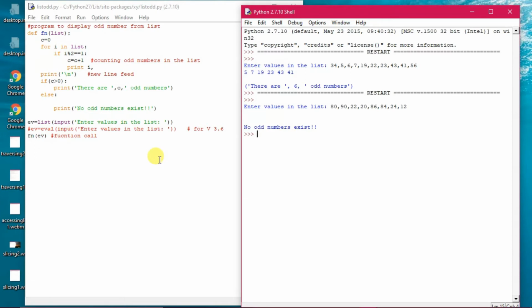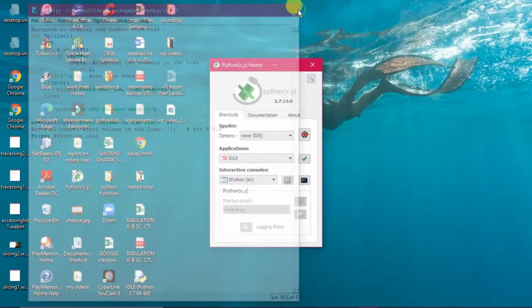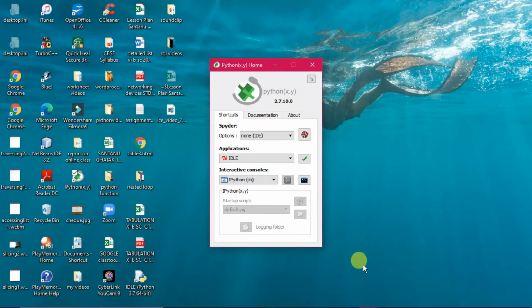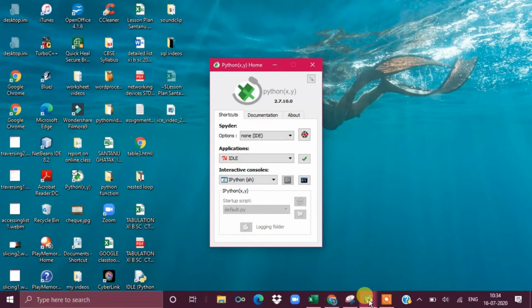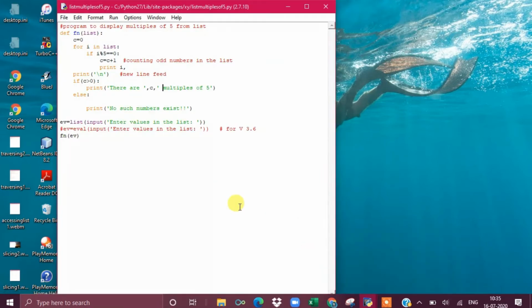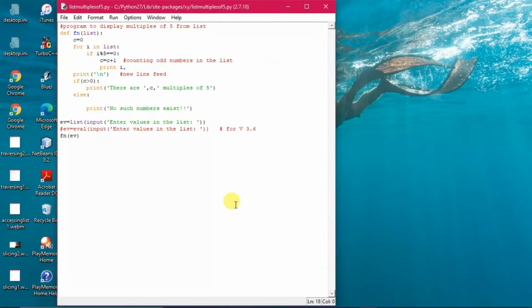The same program you can manipulate in order to find how many multiples there are. Because we know that even numbers are the multiples of 2. How many multiples of 5 are there? Any multiple of 5, whether it ends with 5 or 0, will be exactly divisible by 5. So the same logic has been used as we used in the odd number or even number program. I hope you have gone through that particular video tutorial. You will find the same thing over there also.